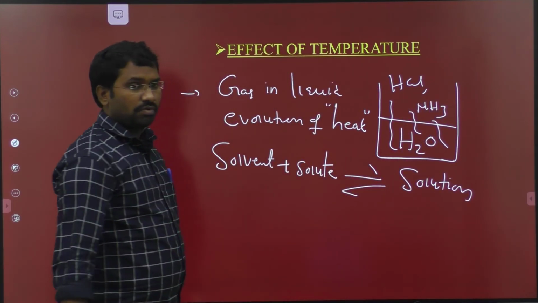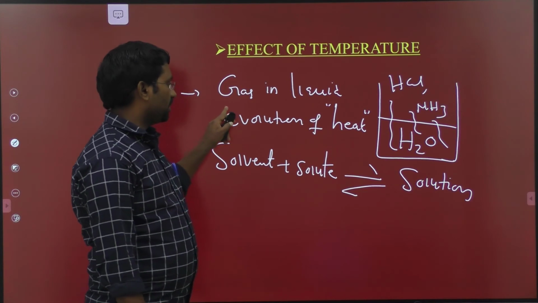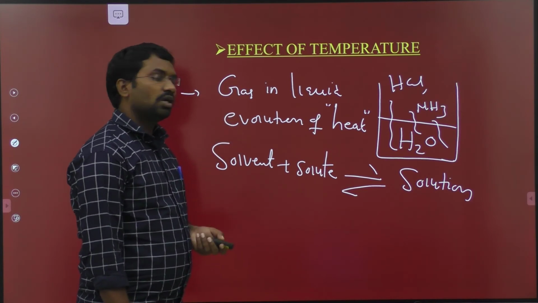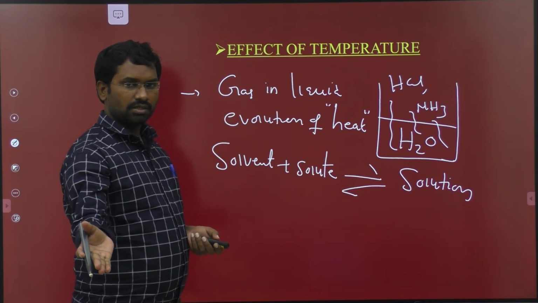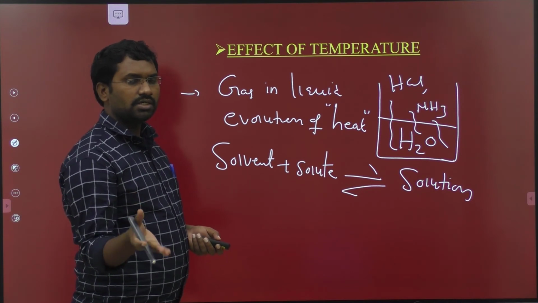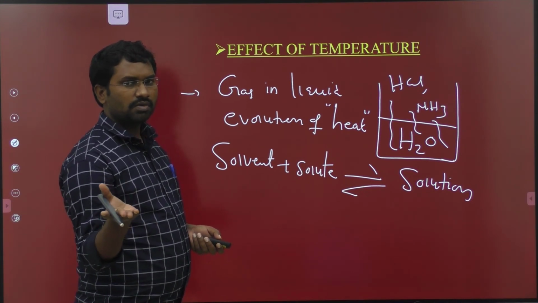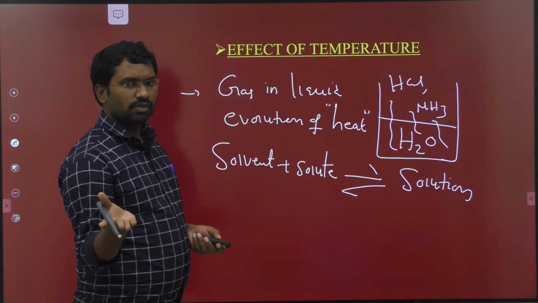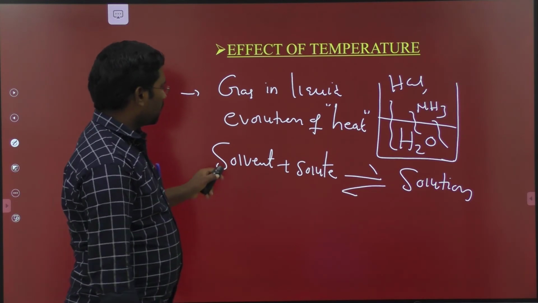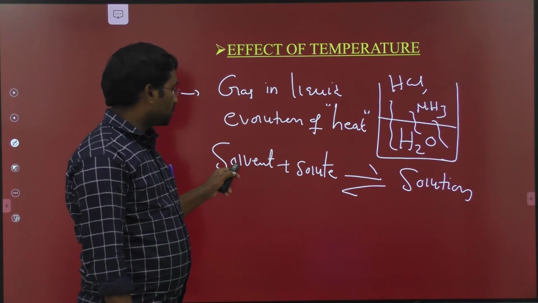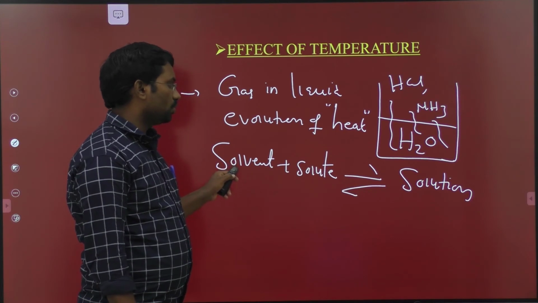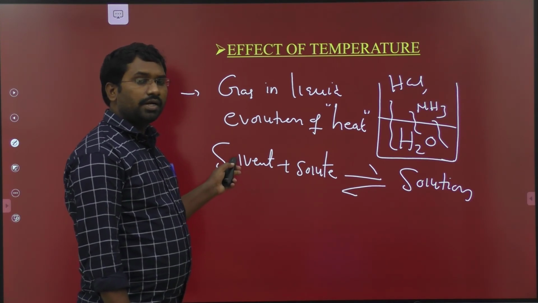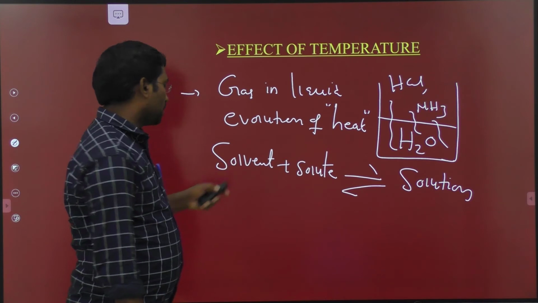So generally, I mentioned a very important point: the solubility of a gas in liquid is with evolution of heat, some heat energy is released. So when the heat energy is released, the solubility of gas in liquid also increases. So if the dynamic equilibrium is established between the solvent, solute and solution, then according to Le Chatelier's principle,